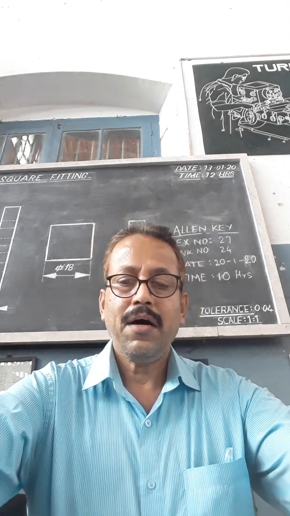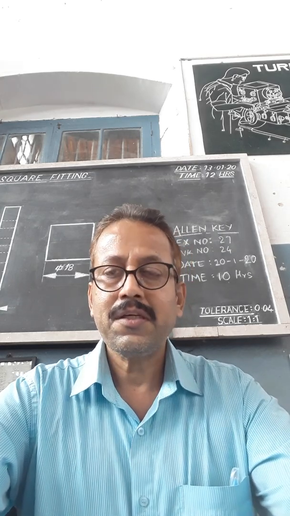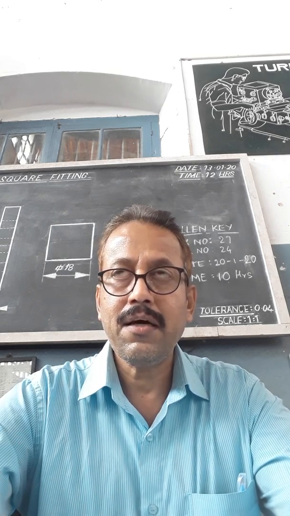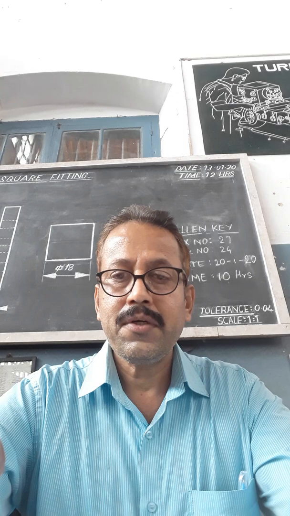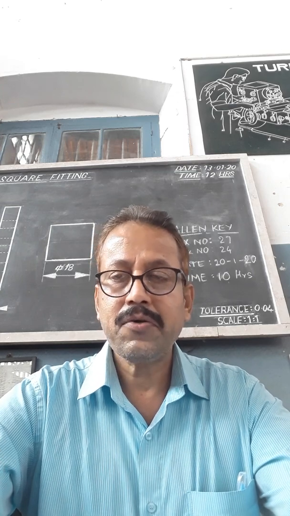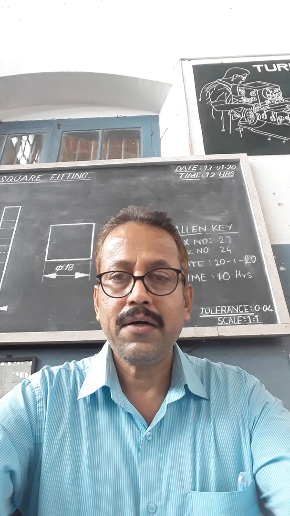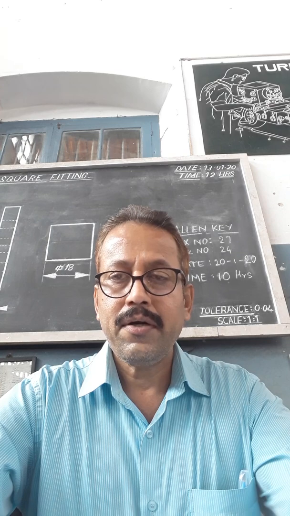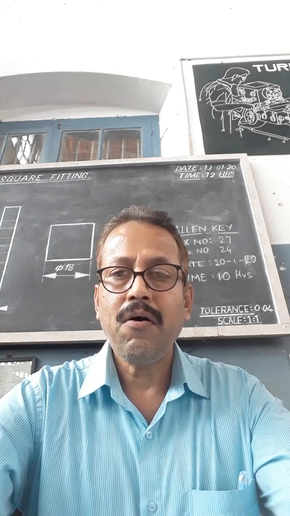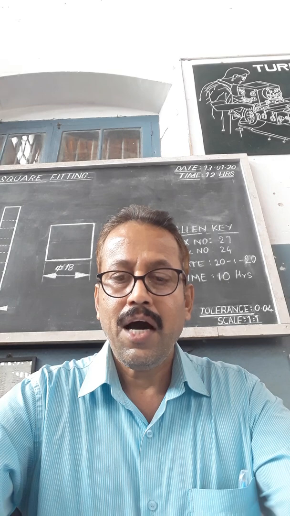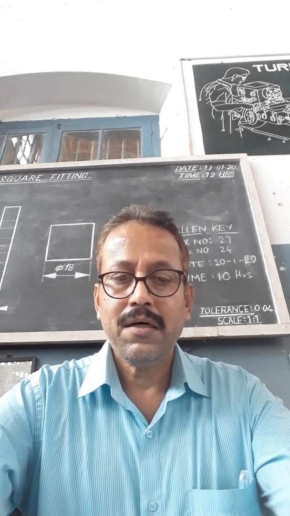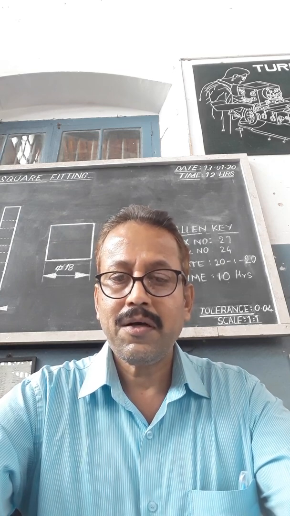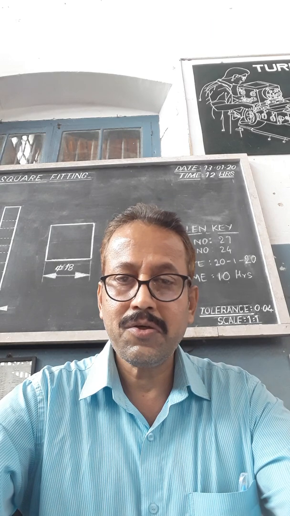The next one is sine bar: principle, application, specification. Now first of all, what is sine? Sine theta. It is a trigonometrical function. In a right angle triangle, the side opposite the angle is called the opposite side, the base of the triangle is called the adjacent side, and the longest side is called the hypotenuse. On this principle the sine bar works. That means the sine bar works on trigonometrical ratios or functions.